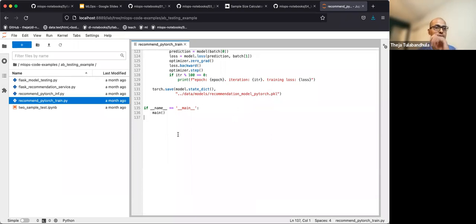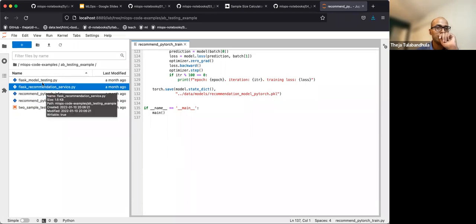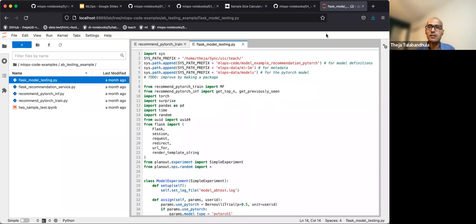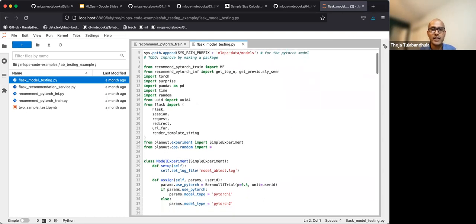Okay, so let's see. So let me discuss this and see what dependencies there are. So okay, there is a dependency on models and MovieLens data. So how do we fix that? Okay, so let's actually